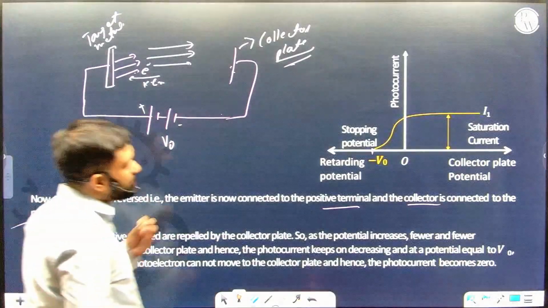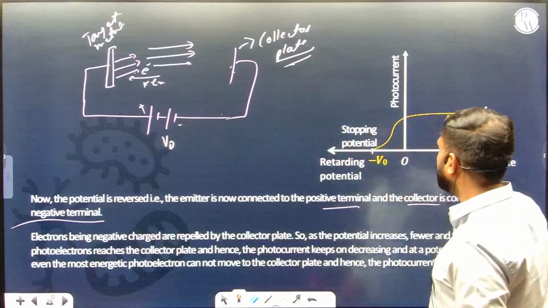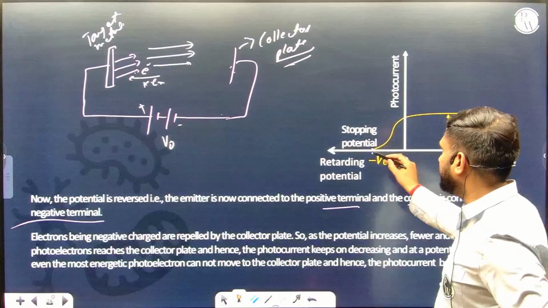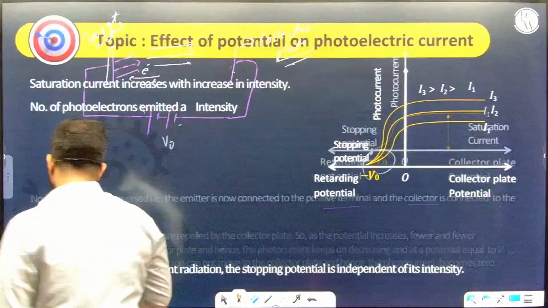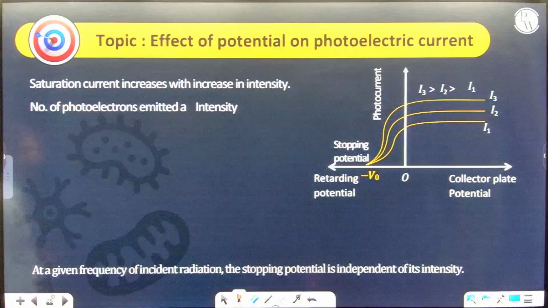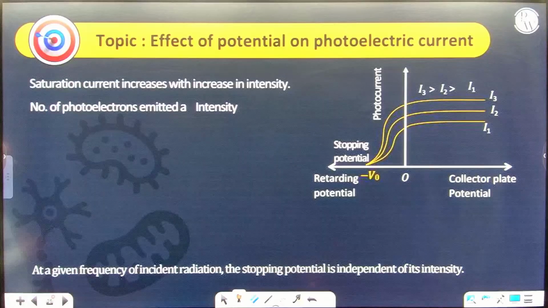So it is the minimum reverse potential at which the photocurrent stops. In the graph you can easily see the photocurrent is this yellow graph and it stops at this retarding or reverse potential, which is called your stopping potential. The effect of stopping potential on the photocurrent: they say that the saturation current does not depend on the stopping potential, but definitely the K max is going to depend upon the stopping potential, or the stopping potential depends upon the K max.